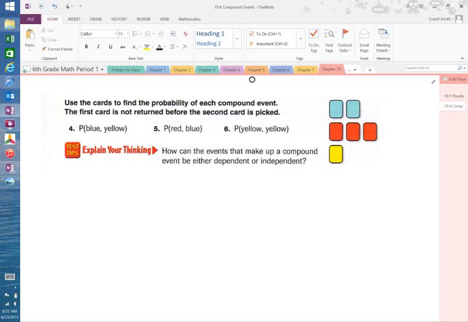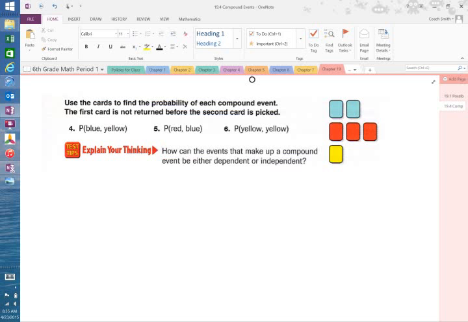this is a dependent event. Okay, let's look at the directions for this one. It says, use the cards to find the probability of each compound event. The first card is not returned before the second card is picked. Okay, so they're assuming that whatever your first instance is, it happens. For example,